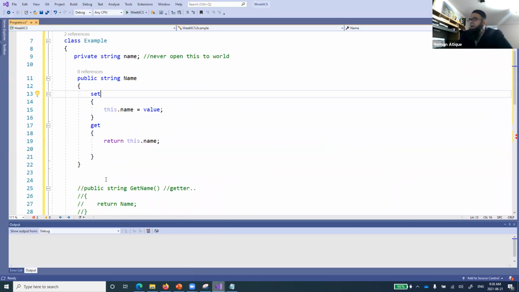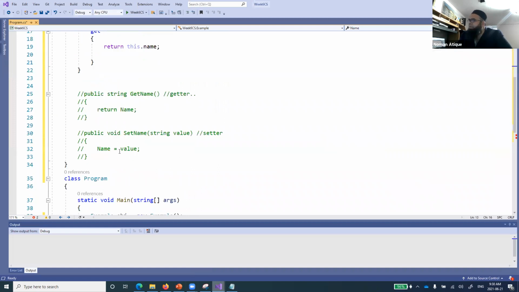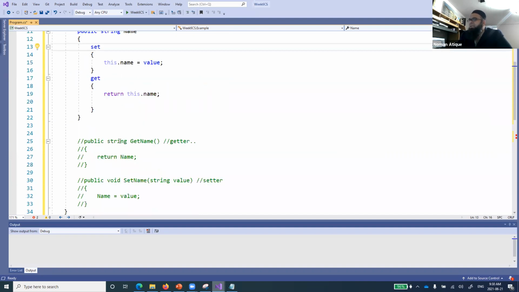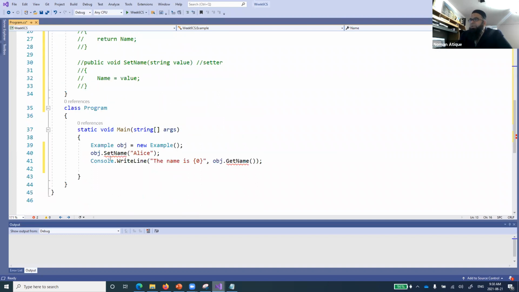So you see here, now I don't need a getter or setter method. Rather, I have defined one property with capital N, Name, and I'm setting the name of this variable. This is a simple private variable, but this property is open to the world. Now if I come over here, of course it says these functions are not available. So I do not want to access it like that. Rather, I'll do name equal to John, so obj.Name is equal to John.